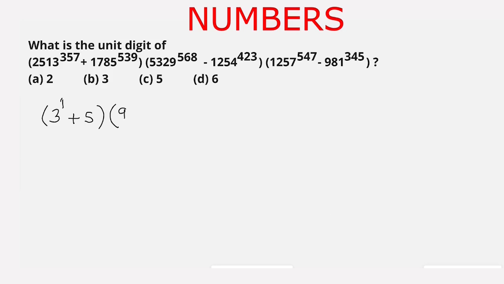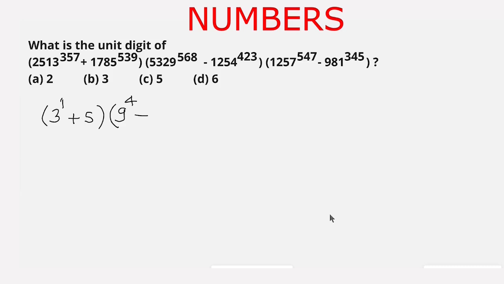So we write 9 and we divide the power of 5329, which is 568, by 4, and the last two digits of 568 are 68, which is divisible by 4. 17 times 4 is 68. So 68 minus 68 is 0, but we will put the power 4, we cannot take 0. So we put the power 4 minus